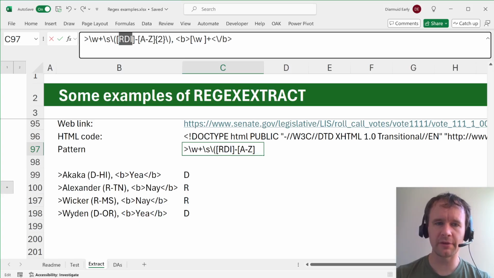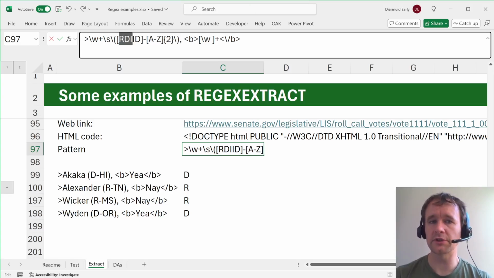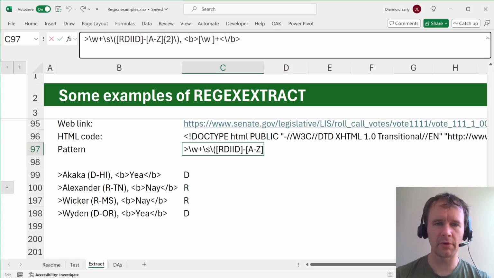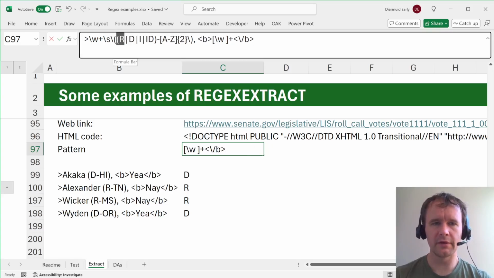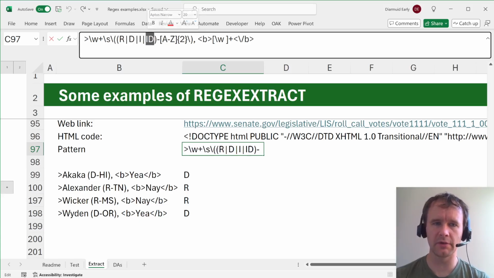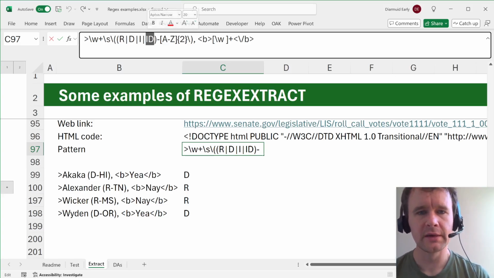But if I added ID for the other way of saying independent, it would still just be matching a single character that's R or D or I or D. Whereas if I wrap the whole thing in parentheses and put the pipe character between them, then it's saying one of these. So it can be ID, but only if it's exactly that, or it can be one of these three letters by themselves.